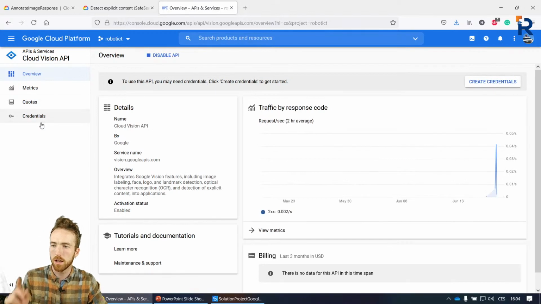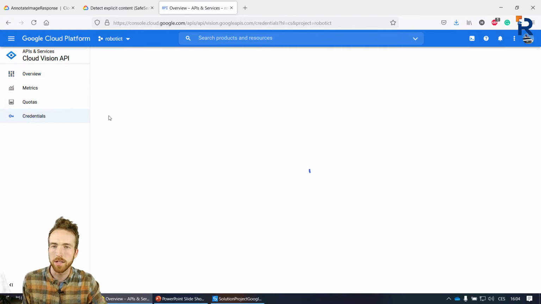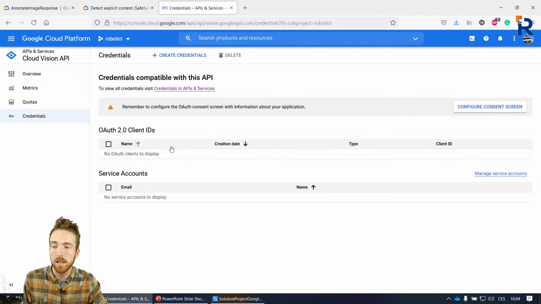Here in the Cloud Vision API, you would try to create credentials, but this is not the way to do it. You can create the OAuth 2.0 client IDs and the service account. This is one way to go, maybe a little bit safer. But if you want to work just with a simple API key, which I will demonstrate, you have to go